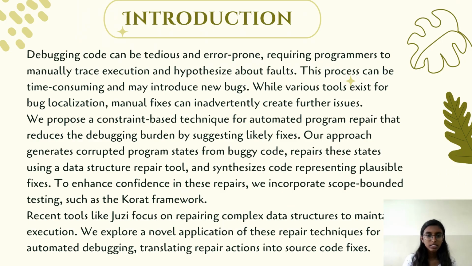Introduction. Debugging code can be tedious and error-prone, requiring programmers to manually trace execution and form hypotheses about faults. This process can be time consuming and may introduce new bugs. While various tools exist for bug localization, manual fixes can inadvertently create future issues. We propose a constraint-based technique for automatic program repair that reduces the debugging burden by suggesting